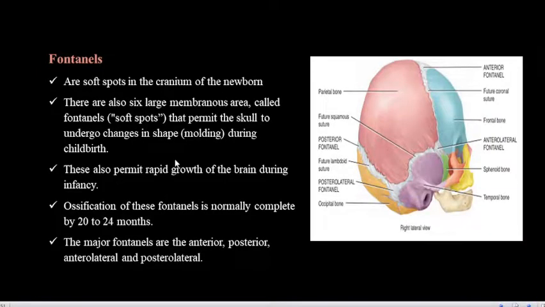Okay? Next, we have fontanelles. Itong fontanelles, sutures din sila, but they are found in newborn babies. Kapag hindi pa mature yung skull ng individual, hindi sutures ang joints niya na nagko-connect doon sa cranial bones, but rather you call them fontanelles. Fontanelles are softer than sutures. Okay? There are 6 large membranous areas called fontanelles or soft spots that permit the skull to undergo changes in shape, molding during